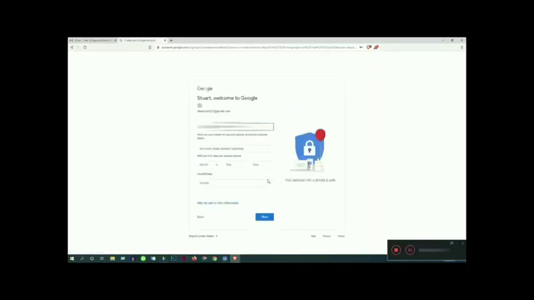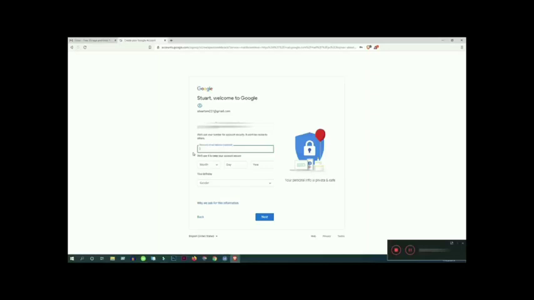Here's the other detail you have to fill in on this form: recovery mail, birthday, and gender. Recovery mail is if you would like Google to help keep your account secure by emailing you if there is unusual activity on your account. Enter an alternate recovery mail here.